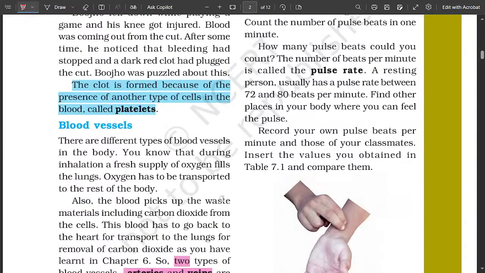Arteries carry oxygen rich blood. Since the blood flows